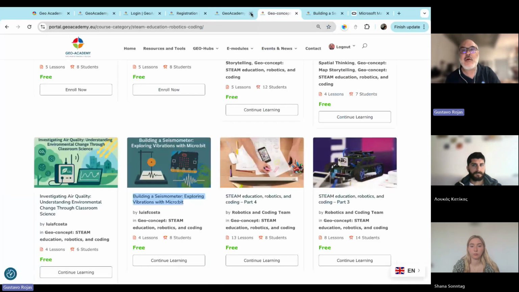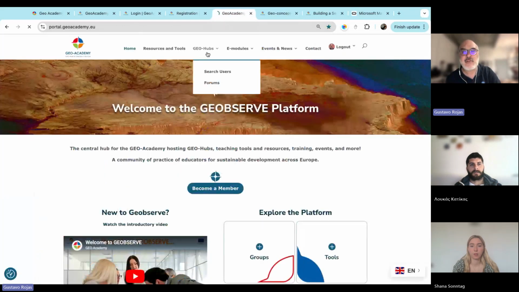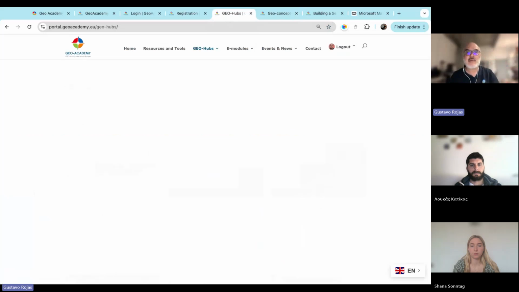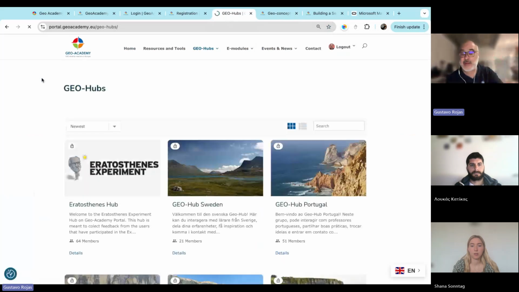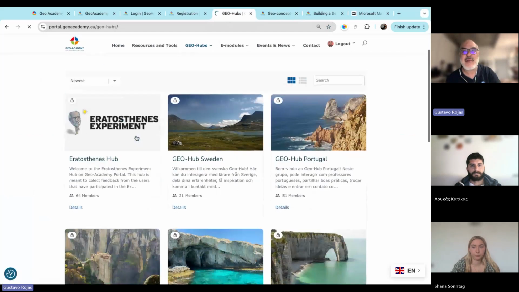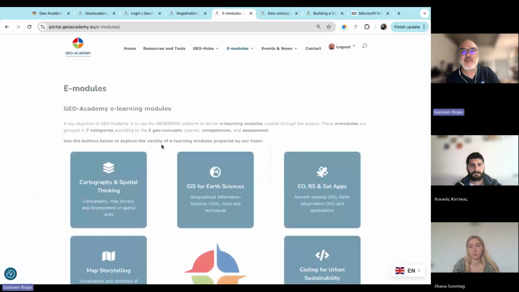If we go here on GeoHubs, you see a map of the different geotopics that are related to the different courses and activities. It's a bit slow here, but eventually we will see. It's not the GeoHubs, sorry, it's the e-modules. The GeoHubs are the communities, sorry, my mistake, but here you can find the GeoHubs, the different national communities,